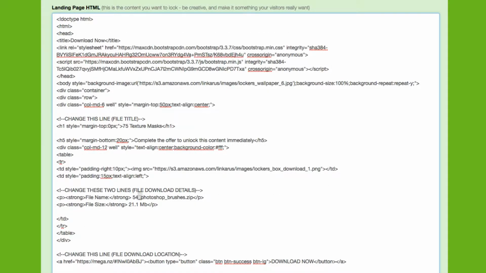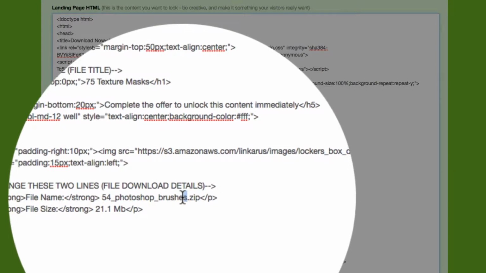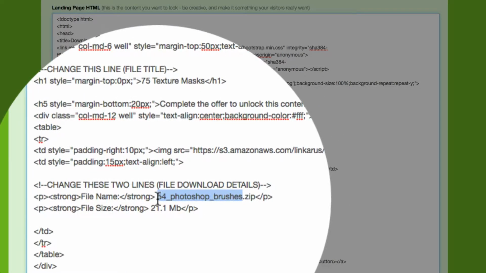And if I go down, it asks for the details of the file. So I'm going to go back, and the file is called Seamless Masks. So I'm going to change the file name to seamless_masks. And it also asks for the file size, which is about,